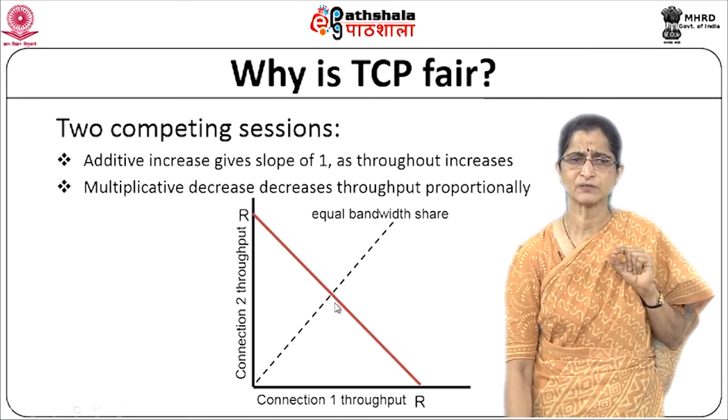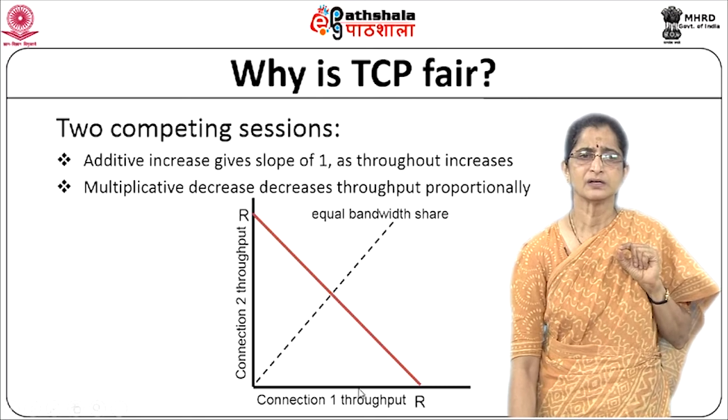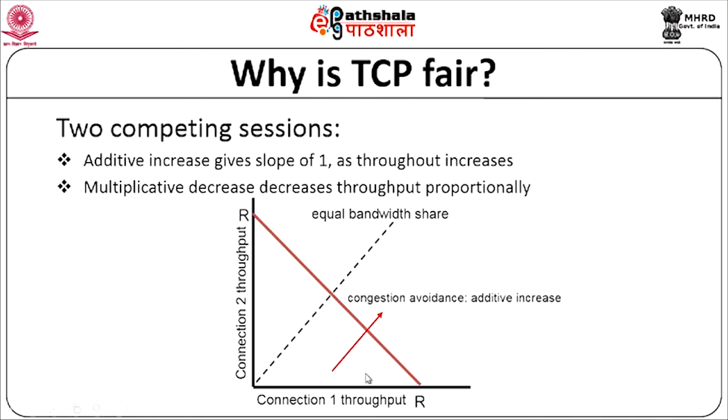So, let us assume that we are somewhere here to start with. Now look at what will happen. Connection 1's throughput will keep increasing because it is increasing its window size, trying to send more data into the network. Obviously, it will hit a limit, and then it will go into the congestion avoidance phase and do additive increase, right. Once a loss occurs, there will be a decrease of the window by a factor of 2. So connection 1's throughput will come down, and then again it will go into the additive increase phase. It will keep increasing the amount of data, so its throughput will increase.